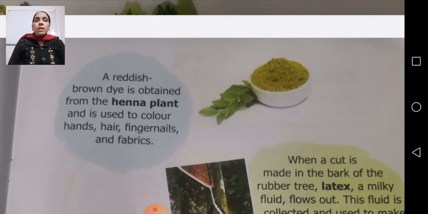Henna plant, most commonly you all have seen in your surroundings. In Hindi it is called mehendi plant. Mehendi plant is called by many people, and these mehendi or henna plants are used to color hands, hair, fingernails and fabric. All these we can do with henna plant.